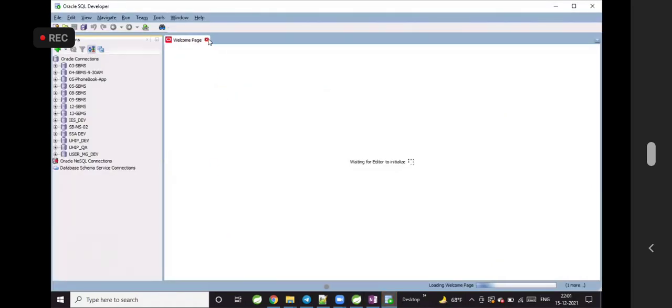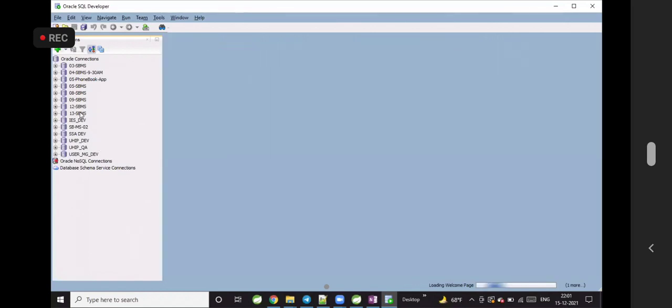Connect to the database. Our database connection name is 13SBMS.